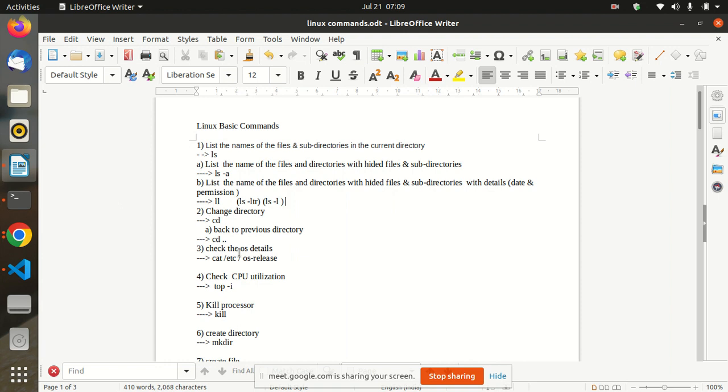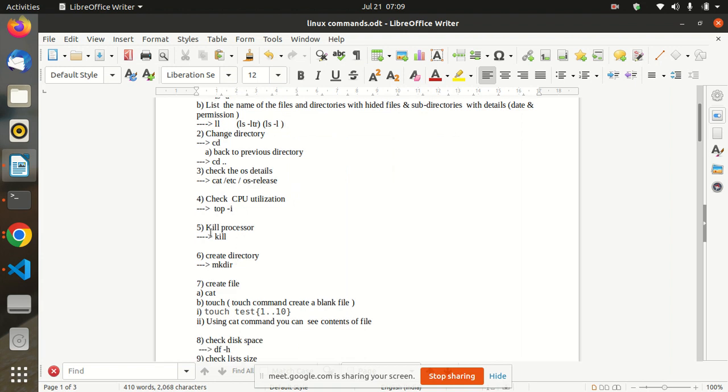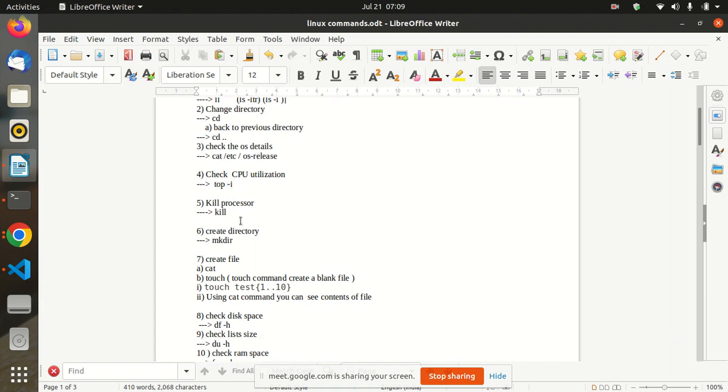Check OS details: we can use the cat /etc/os-release command to check the OS details. Check CPU utilization: using the top command you can see CPU utilization. Kill process: using the kill command you can kill a process using the process ID. Mkdir: we can create a directory using the mkdir command. Mk means make directory. Create a file using the cat command; you can create a file with cat